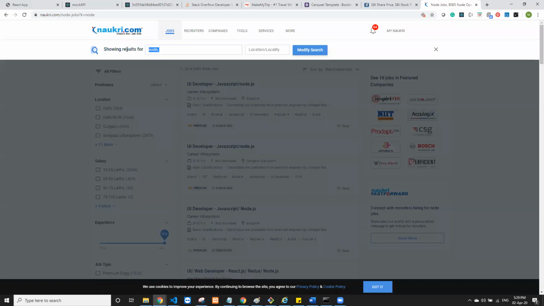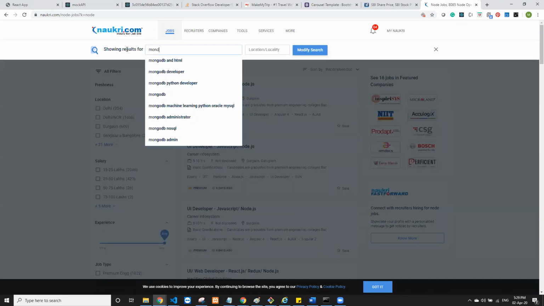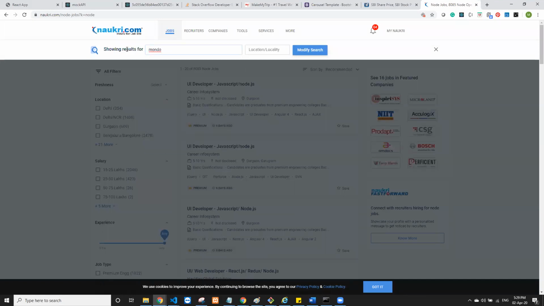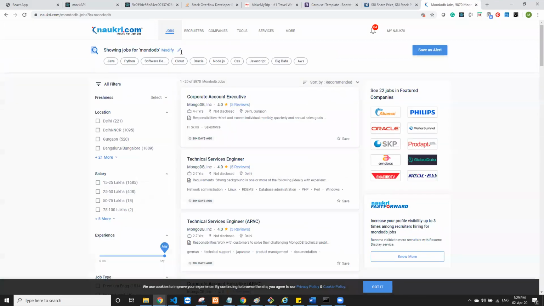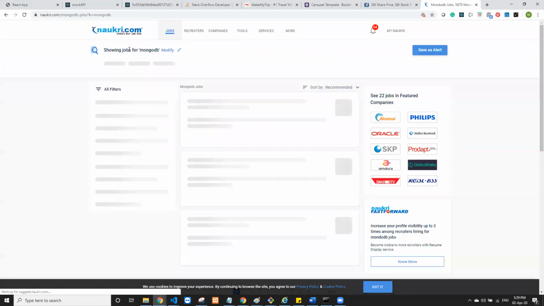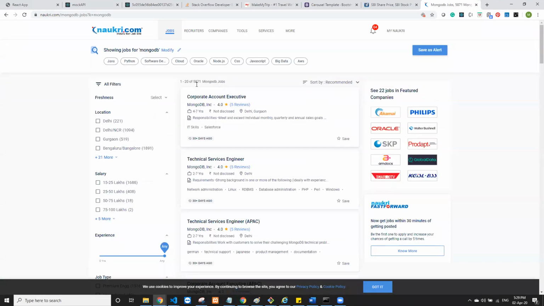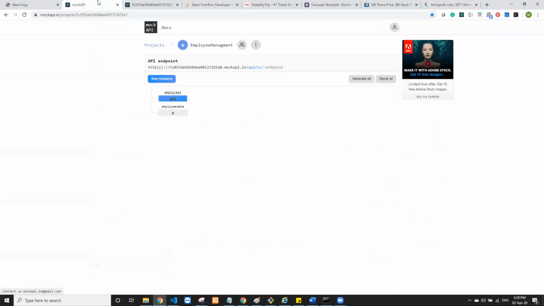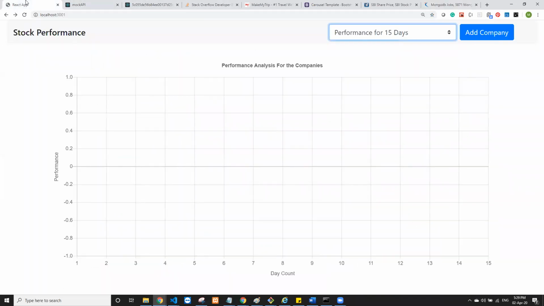Then if you write MongoDB, again, you have a whole list of companies and jobs available on this particular stack. I misspelled it, Mongo. Okay, so again, you can see a market of 5,000 active jobs on Naukri.com. So yeah, the market for this MERN stack technology is huge.